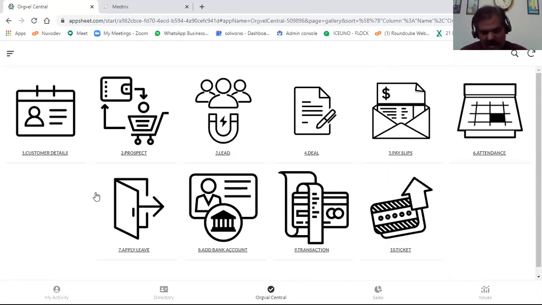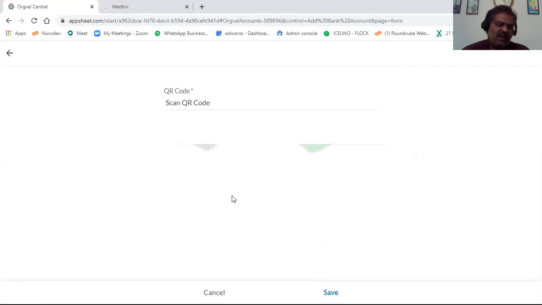And we also did another interesting thing here. See, most of the time when teams travel on company's job, there is always a concept called payment or reimbursement or anything. So for those kinds of activities, what we have done is we have given access to the bank account here.